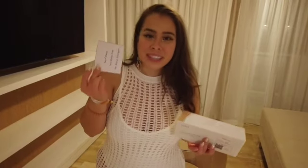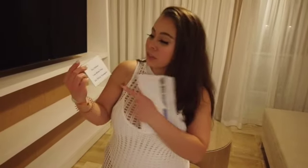So we checked in. I didn't capture a lot of video with me talking about the check-in process and such, but I wanted to show you something amazing. So this is our envelope that we got with a map of the property, but when we checked in, she says this is very important to have. It's my own little dietary restriction card that they gave me. It says "soy celiac," which means I'm celiac, and I need to be gluten-free, Senorita Diana. And it's so cool, so I just bring this to all the restaurants and I give it to the waiter and I get to eat gluten-free, and they know that it's very importante that I'm allergic to gluten. So I was excited to use this for my